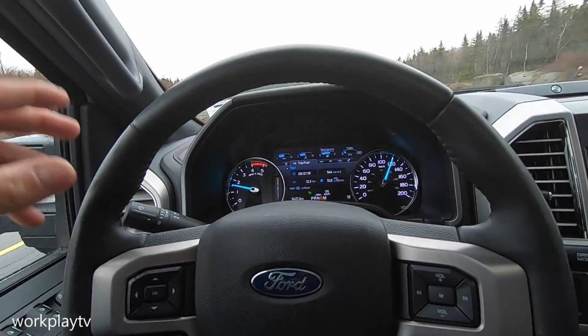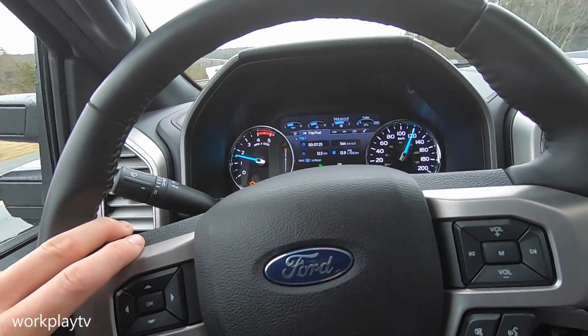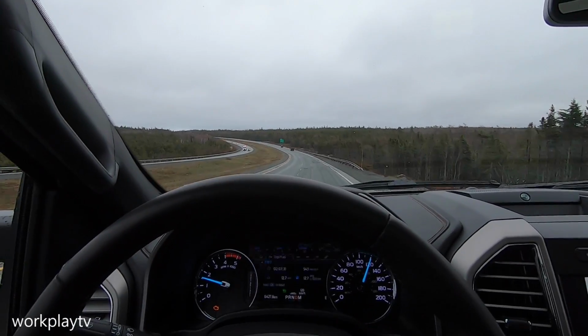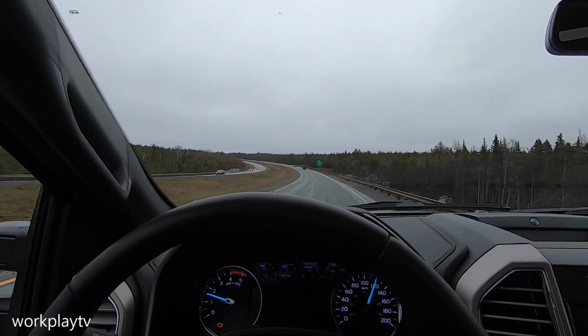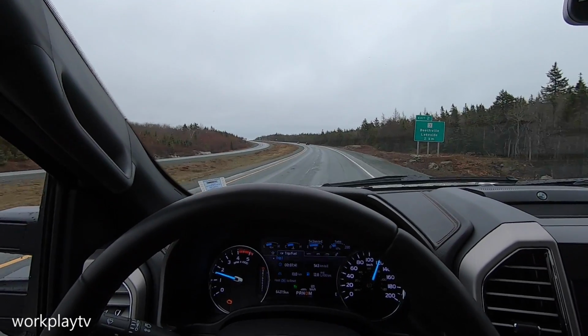So my truck drives perfectly straight. Of course, I'm going around a turn right now, but my steering wheel is off to the passenger side, and it's a very easy fix. You can do it yourself. Your truck is not out of line if your truck is tracking down the road straight but your steering wheel is off. There is a very easy adjustment underneath the truck